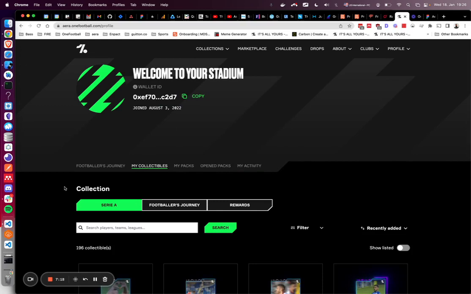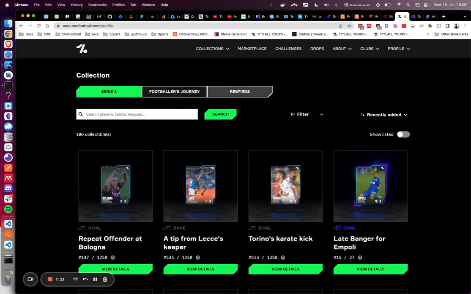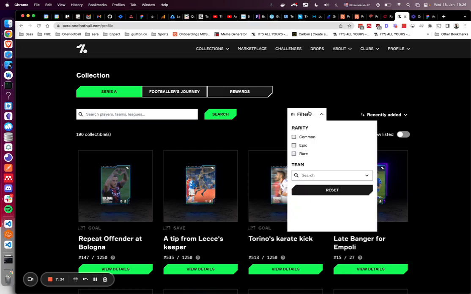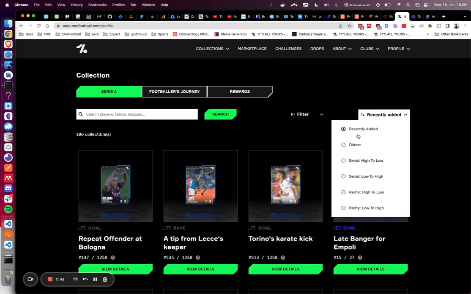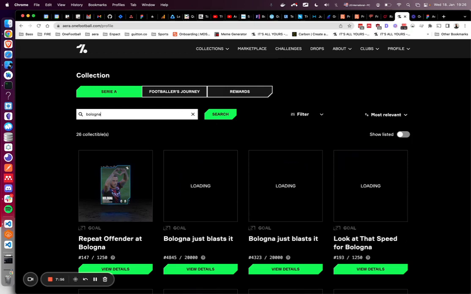And on the My Collectibles tab here, I can browse my collection. I have this top navigation here between the 3 collections that we have. And then I have a search experience with filters and with sorts. The filters, you can filter by different dimensions. So in the case of NFTs, you filter by rarity, you filter by football team, for example. For sorting, you can sort by recently added or by rarity, different things like that. The search is very snappy. So if I look for Bologna, I press enter,